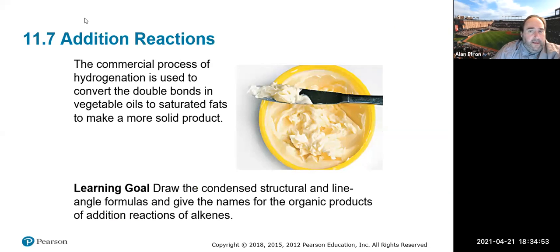We're going to finish up here talking a little bit about the type of reactions that alkenes undergo. Alkenes and alkynes undergo what are referred to as addition reactions. So when we talk about addition reactions, there's really a general thing that occurs. For the most part, we have a double bond, and we add something to it. Could be 2 things that are the same, could be 2 things that are different. But regardless of what you're adding to it,